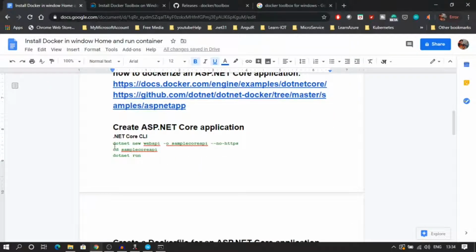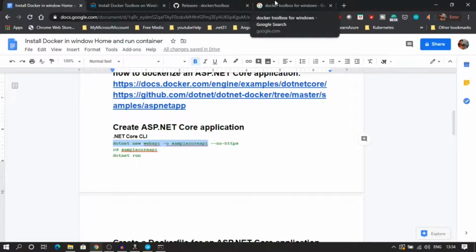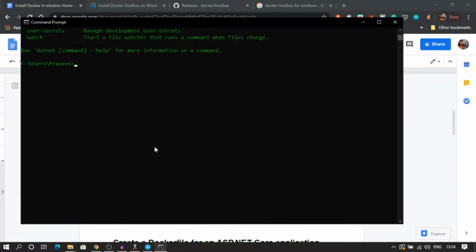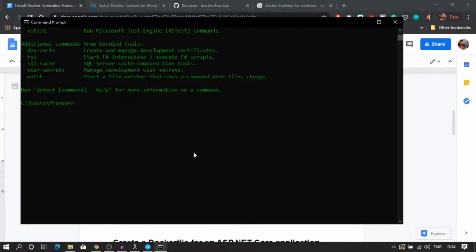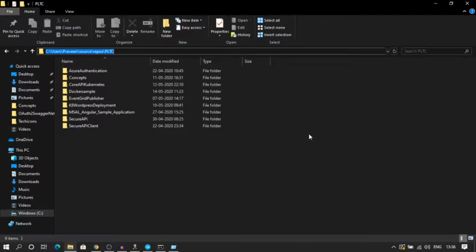Let's come here: dotnet new webapi, with a sample name. I need HTTPS also. Let me go into my directory.